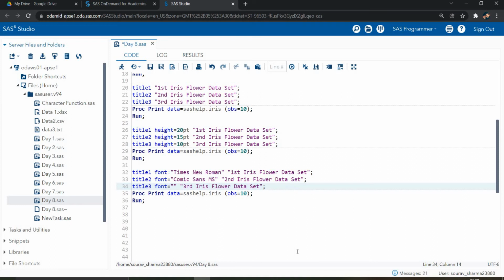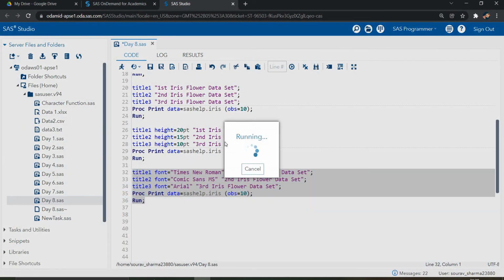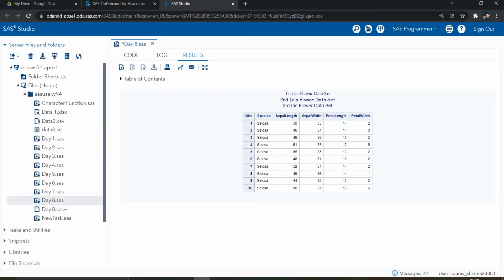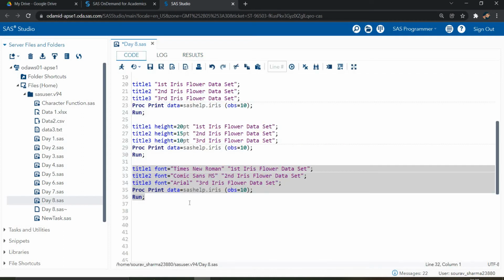Also we have another format, Arial. So if I run this, you can see we have different formats: this is Times New Roman, then we have Comic, then we have Arial. This is the font.